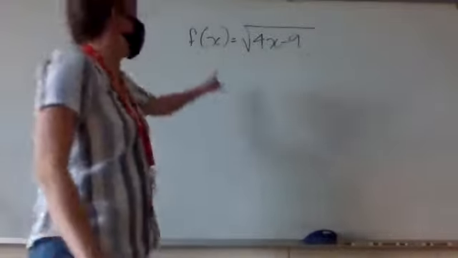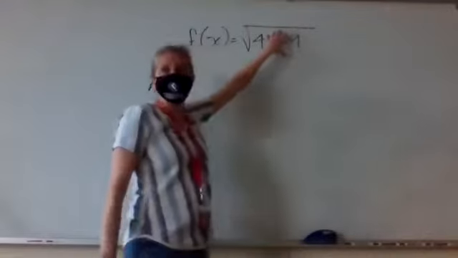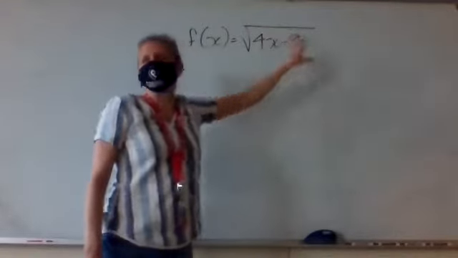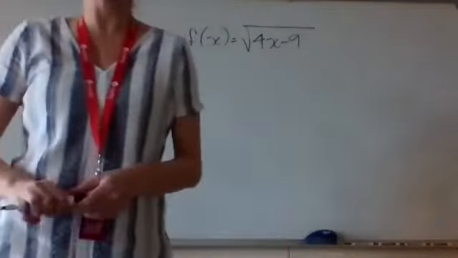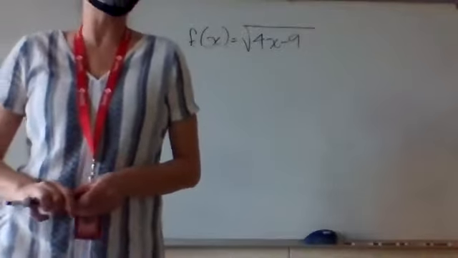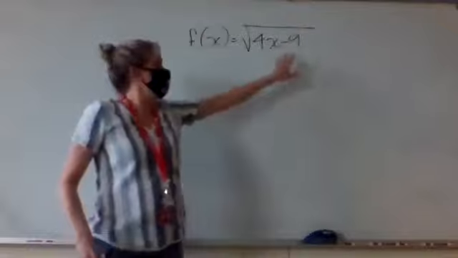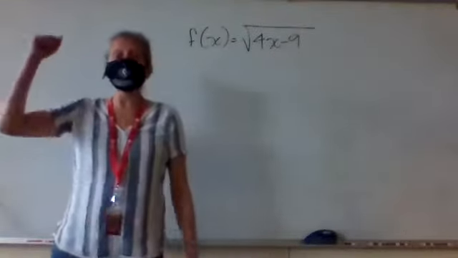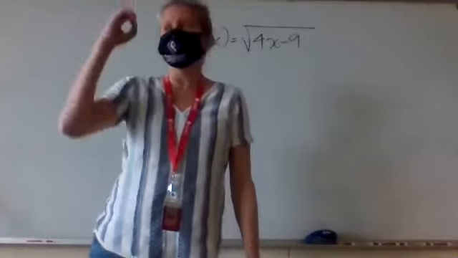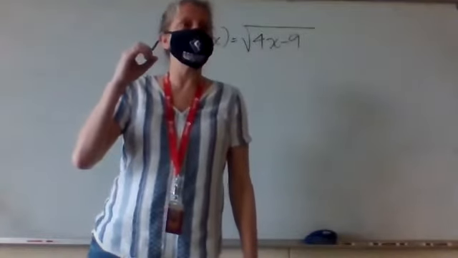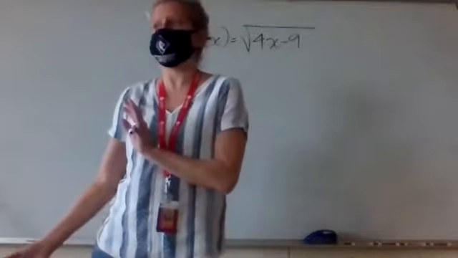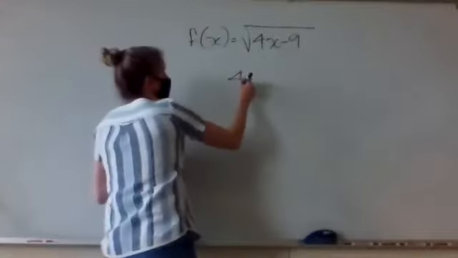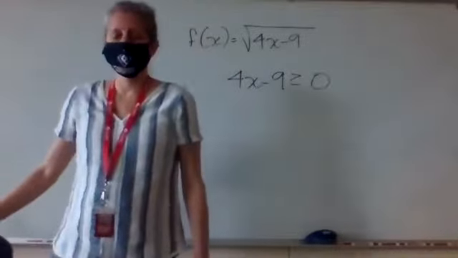Now remember, when you have a square root, what's underneath here can't be negative, right? That's when you get into your i's. If what's underneath your square root is a negative number, then that's not going to be in the domain, which means whatever is underneath here needs to be greater than or equal to 0. That's how you don't be negative, if you're 0 or bigger. The numbers below 0 are your negative numbers. So I just need to make sure that whatever's underneath there is greater than or equal to 0, and then